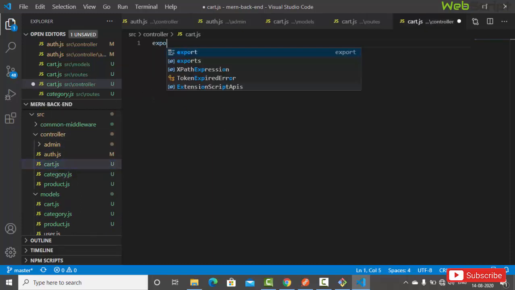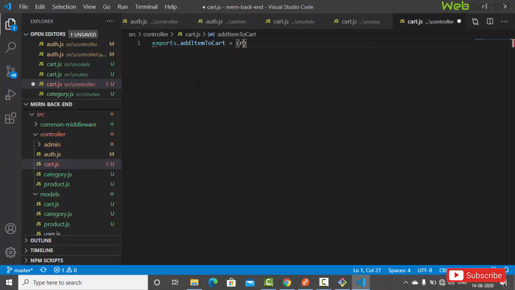And let's go to your cart.js file, and here we are going to write the function. So we'll say exports dot add item to cart, and let's take the request and then response and then process the function. Okay, so let's save,